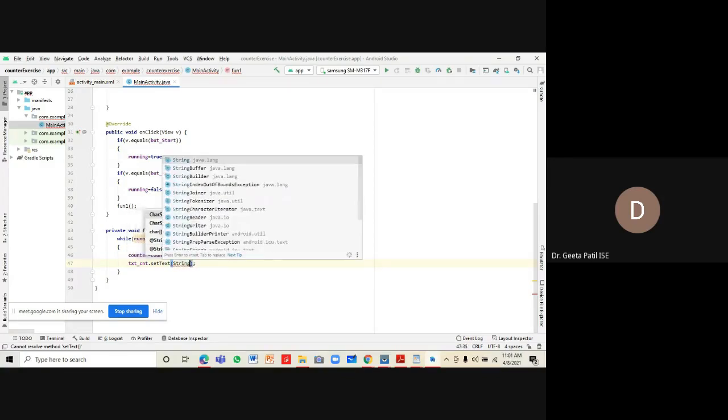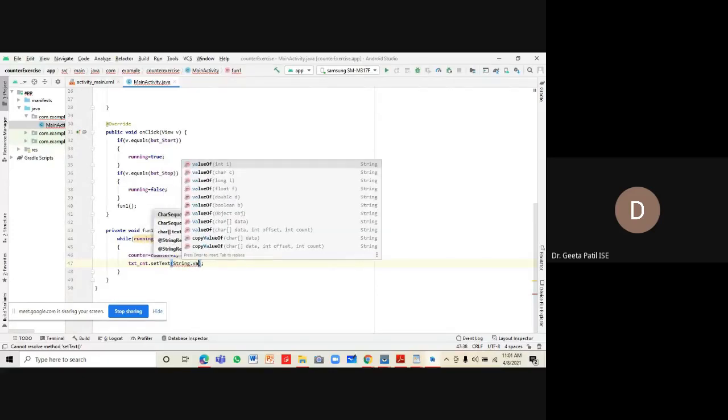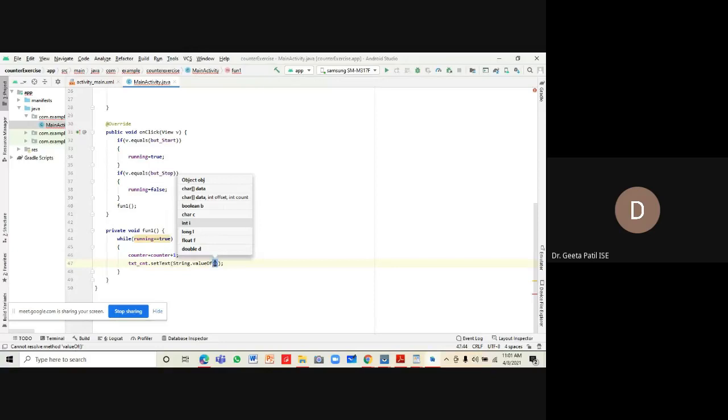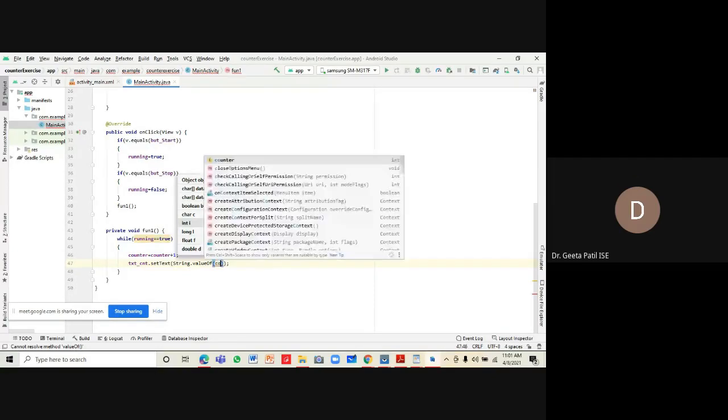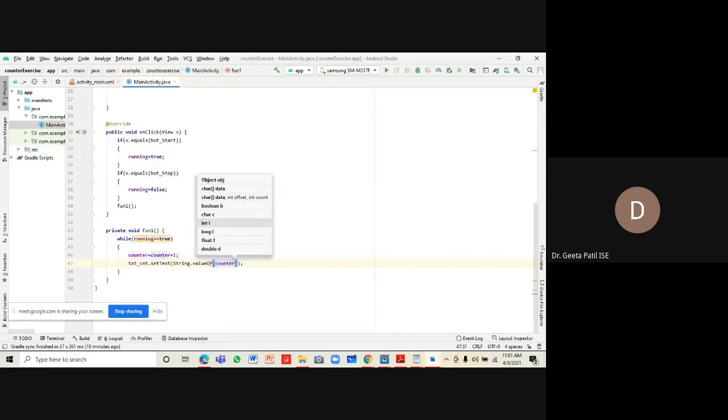So String dot valueOf counter. This valueOf method of the String class takes counter, converts it from integer into string, and sets it as the text of the text count.